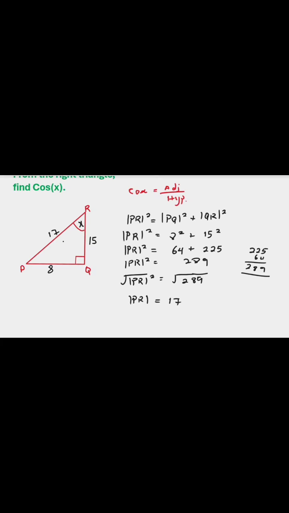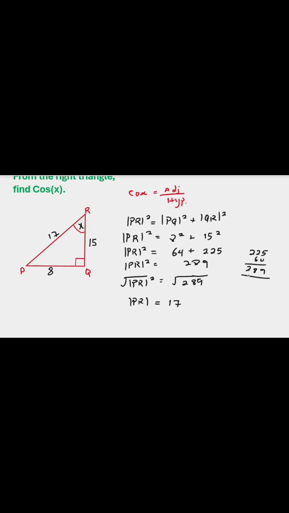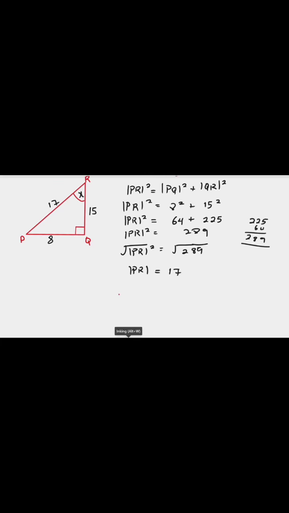Okay, so we can go ahead and find the cosine of x. That is what the question is demanding. So let's do it right now here. So this implies that the cosine of x, that is given by adjacent over hypotenuse, is now equal to adjacent. Adjacent to this acute angle is 15. So you have 15 out of hypotenuse, which we just got to be 17. So the cosine of x is equal to 15 out of 17. We can simplify 15